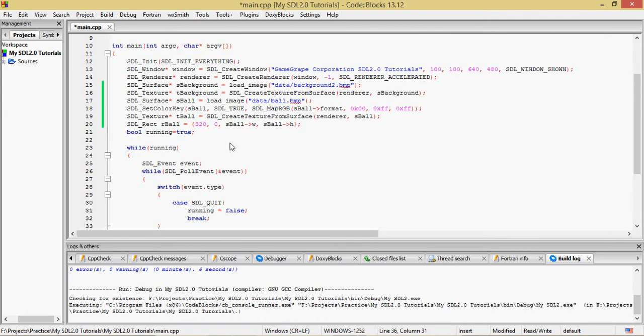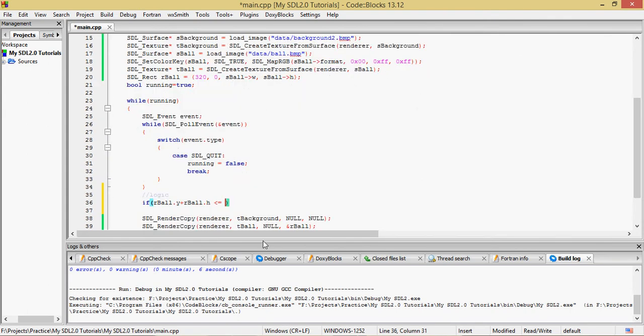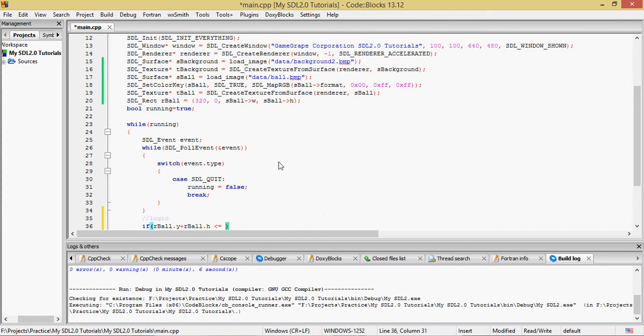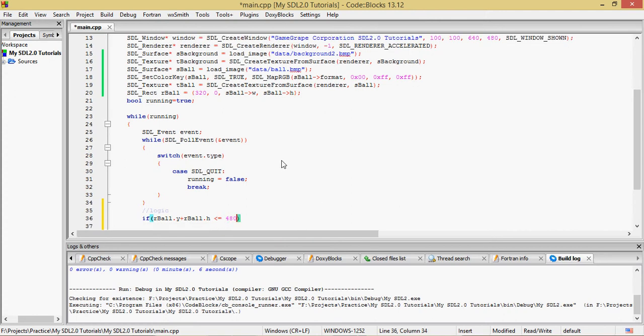So basically, if it's at the very bottom of the window, so our window's height is 480. So if our r_ball dot x plus our r_ball dot height is less than or equal to 480,